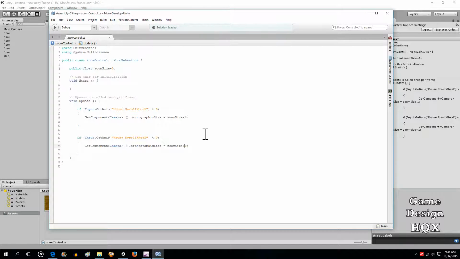What I was getting at when I said there's one thing we have to change is it only allows for one layer of zoom. So you would actually have to change just a little bit, because this is not cumulative. This is just saying zoom size minus 1. Okay? So what we're going to do